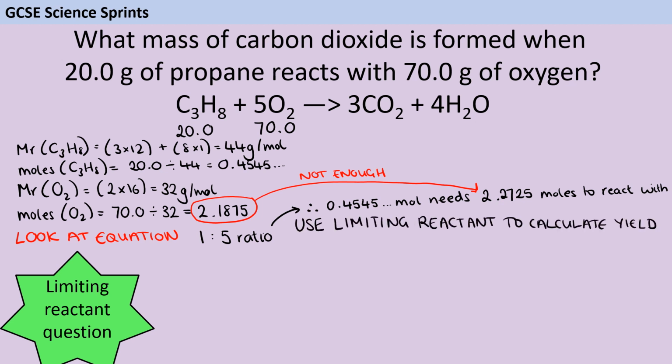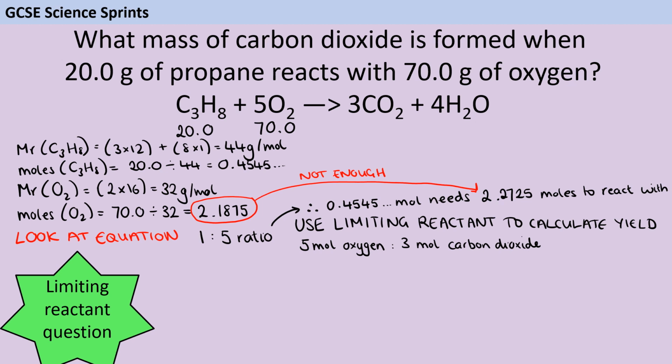Now this is important because now we're going to go on and work out theoretical yield, and to do that I always use the limiting reactant, because I can't use my moles of propane because I don't have enough oxygen for that reaction to happen. So I'm going to go back to my equation, back to my coefficients. 5 moles of oxygen reacts to make 3 moles of carbon dioxide. But I don't have 5 moles, I have